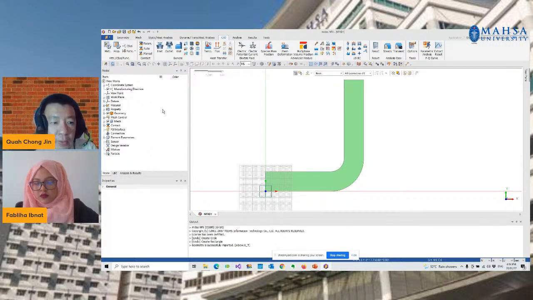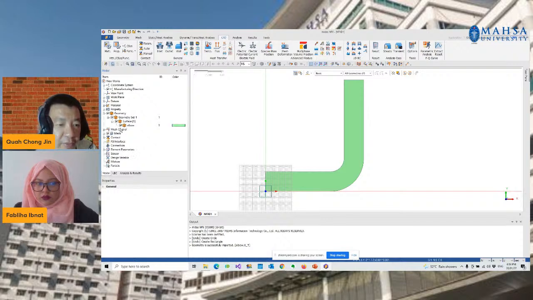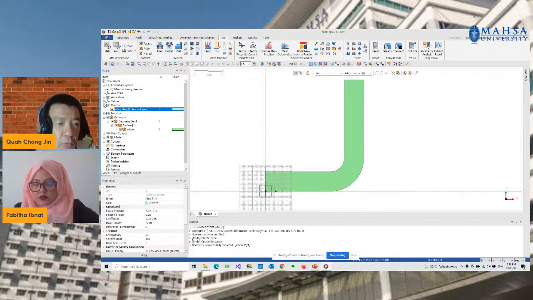On the left, we have the tree bar. This is where your CAD model is saved. All the information of your setup will appear on the left tree bar.